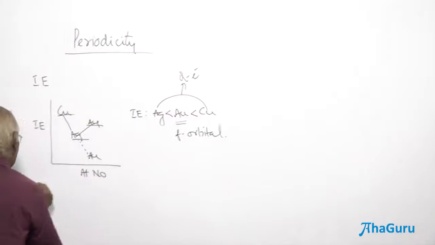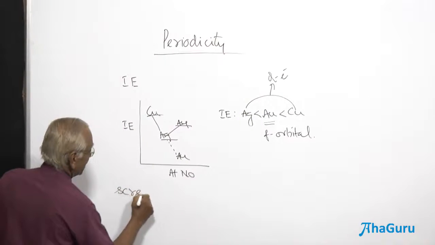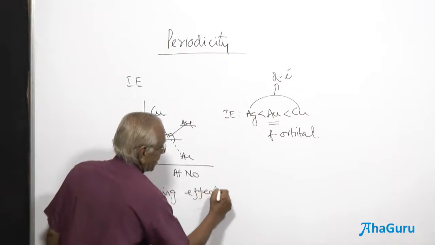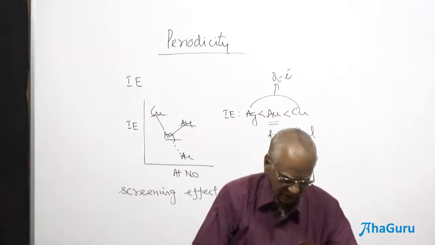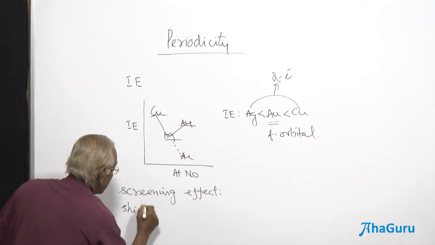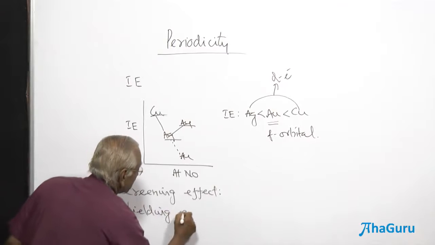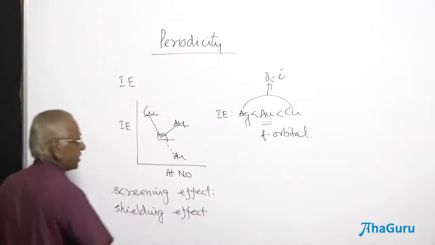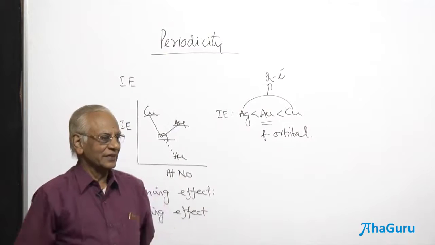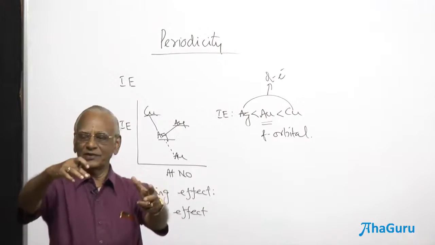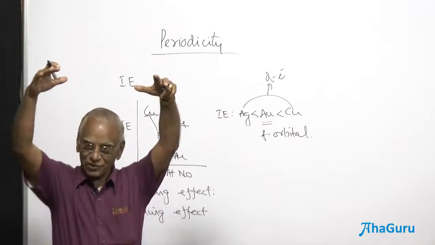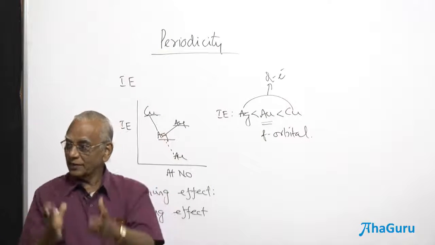We have already learnt it last class in terms of the screening effect. Screening effect is also known as shielding effect. As the name itself suggests, they shield the nucleus, they cover the nucleus. It's like putting a nucleus in a box and closing it. And what happens, that nucleus will have less attraction towards electrons. When the box is open, greater attraction.